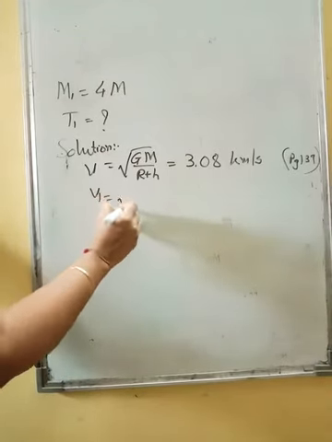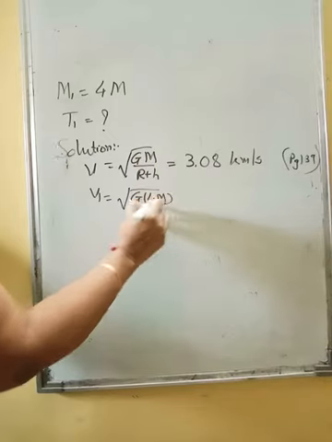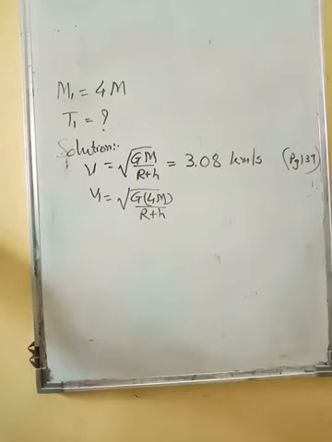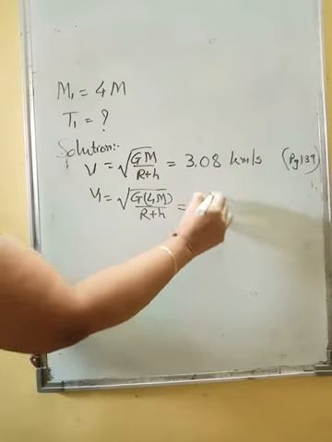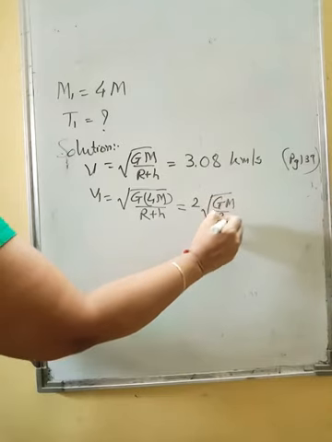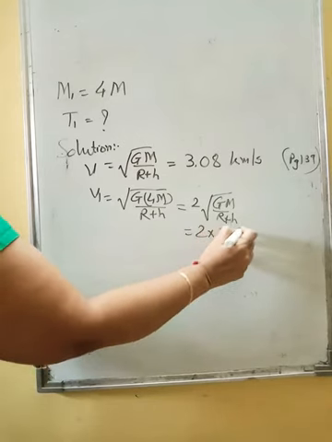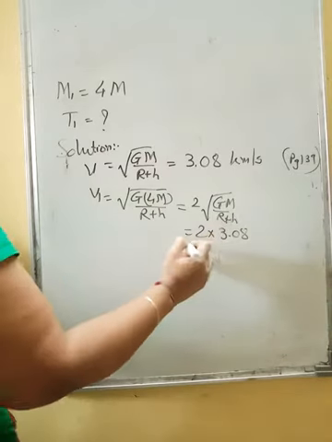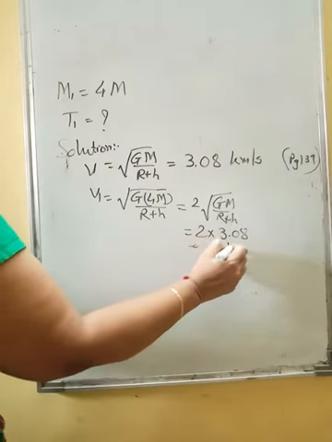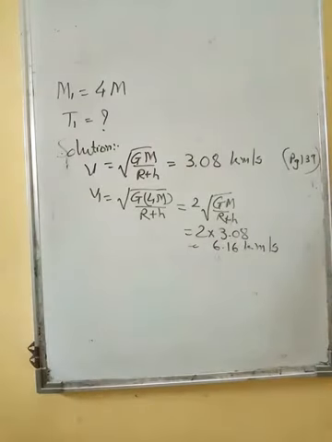So now the new velocity will be square root of 2g, now instead of m I will write 4m upon r plus h. Everything else is the same, so what will happen? The 2 from the 4 will come out and then you will have square root of gm upon r plus h, and this value you know, so it will be 2 into 3.08. Right? So you can have 6.16 kilometers per second. The direct answer for v1 has come. Okay, once you get it,